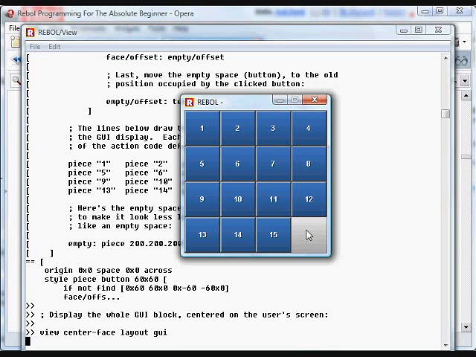And if we click on it, it's obviously not next to the empty button. It's in the position of the button, so it's not going to move that position. If we click on this 3, it's not next to the button, so it's not going to move. If we click on one of the buttons that is next to that empty space, it goes through the process